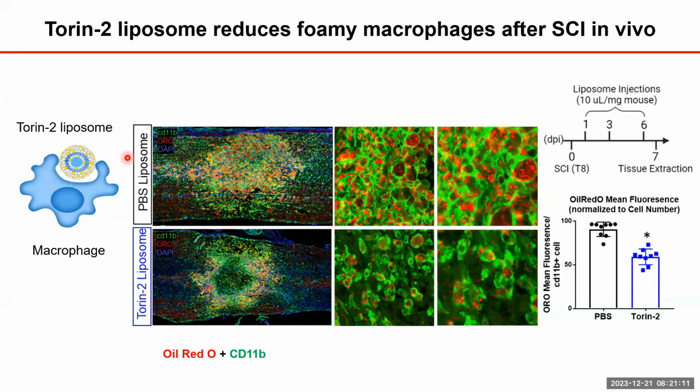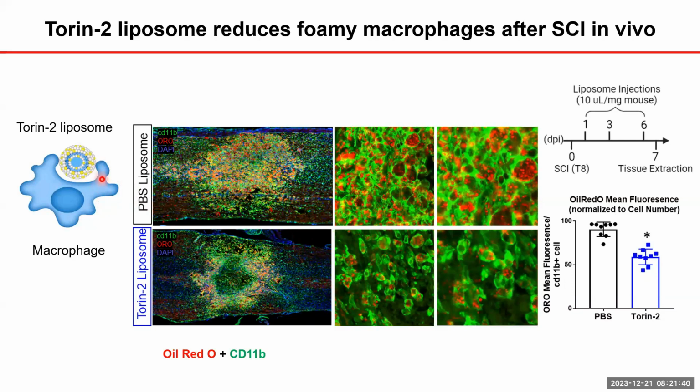And because most monocyte-derived macrophages at the injury site, not just spinal cord injury, but most tissue injury, are derived from spleen initially, this acts kind of as a Trojan horse for delivering compounds to monocyte-derived macrophages at the injury site. And so what we did was, instead of using clodronate liposomes, we packaged TORIN-2 into these liposomes and injected